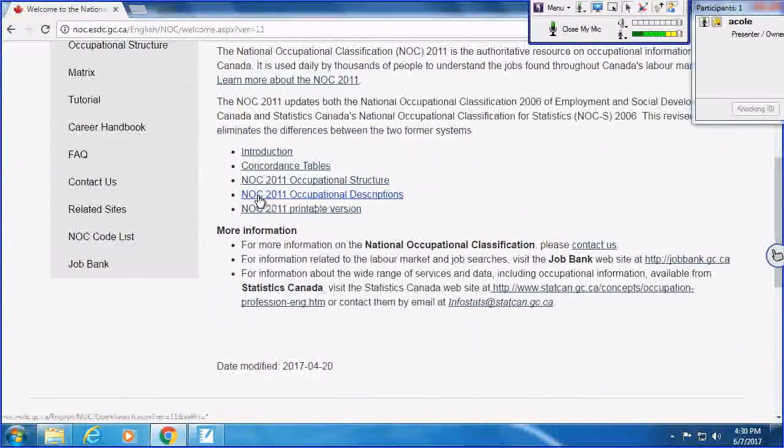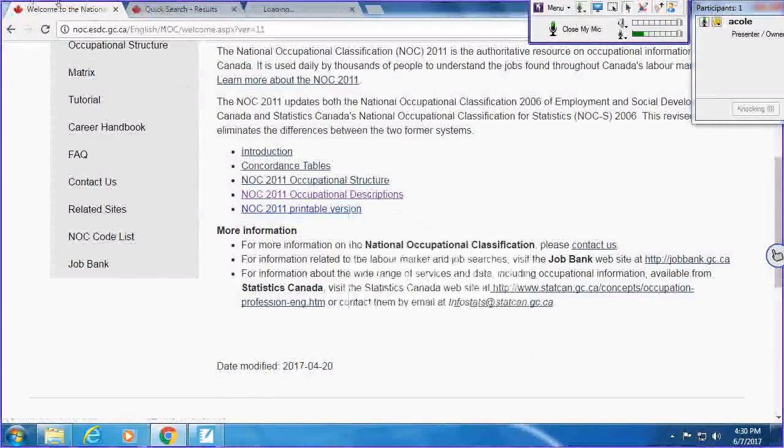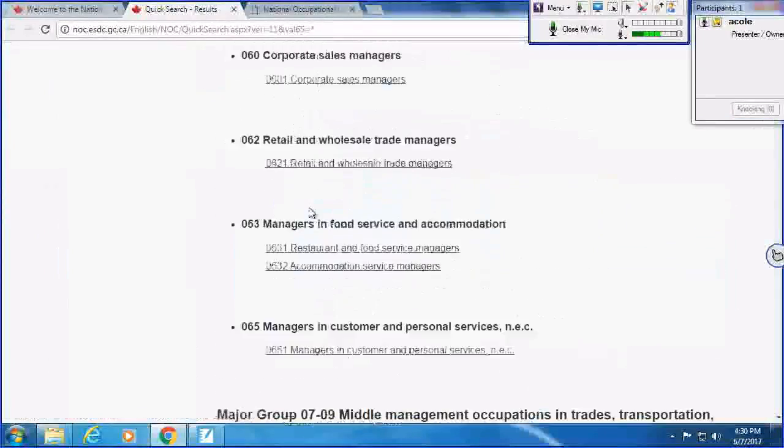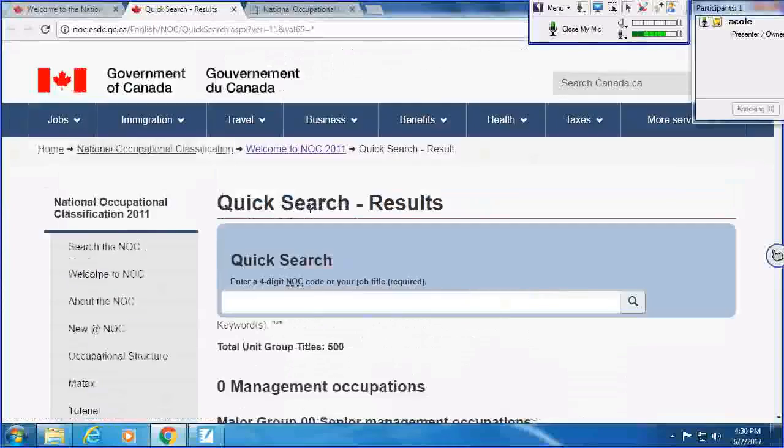We have NOC 2011 occupational descriptions and NOC 2011 printable version. All right, so I'm just going to right click and open this in a new tab. So when I look at my occupational descriptions, it's that same list that I just showed you. Okay, I'm going to show you a really cool trick in a second here.